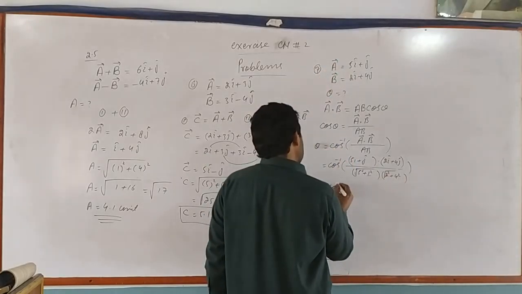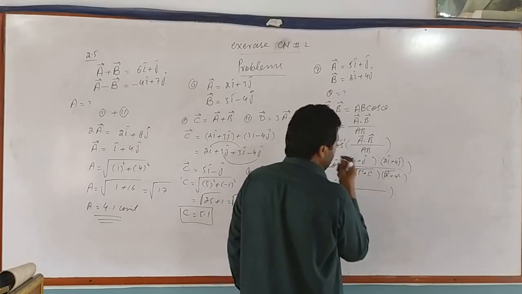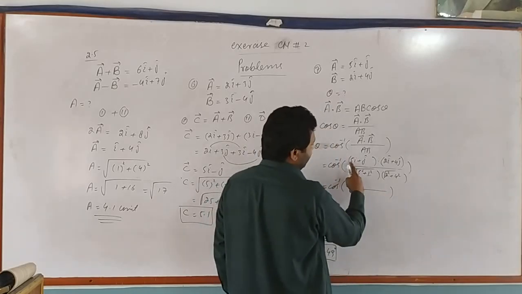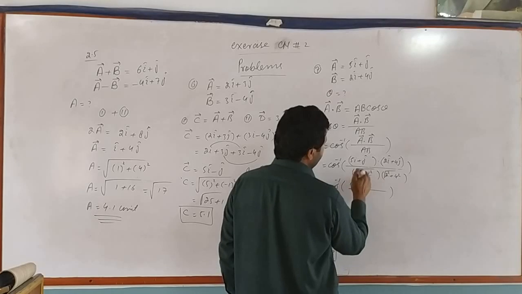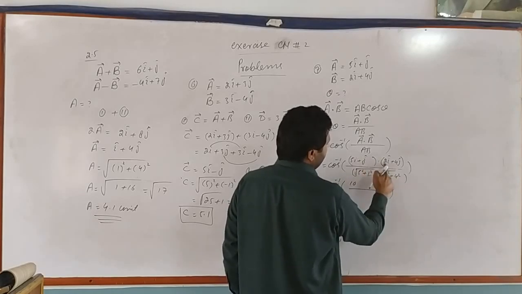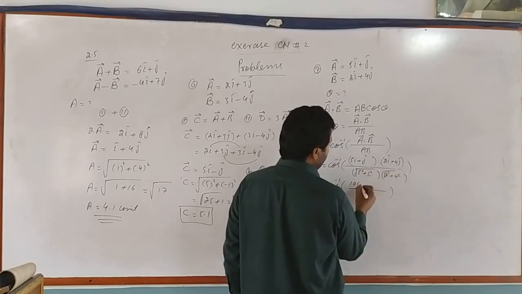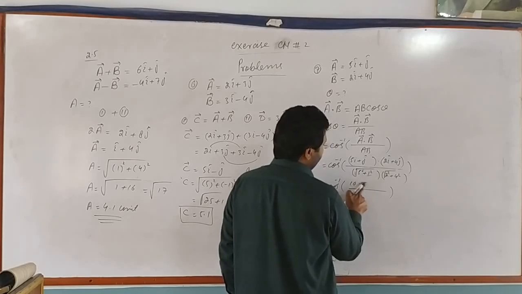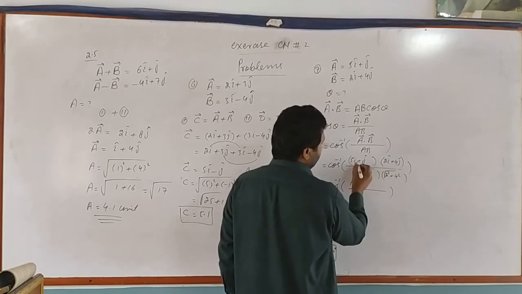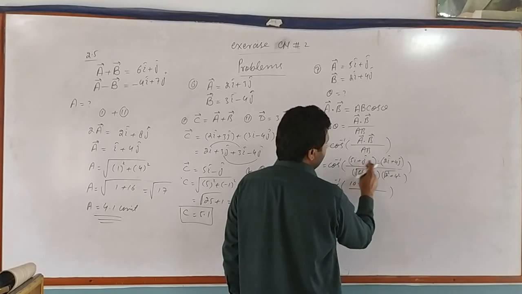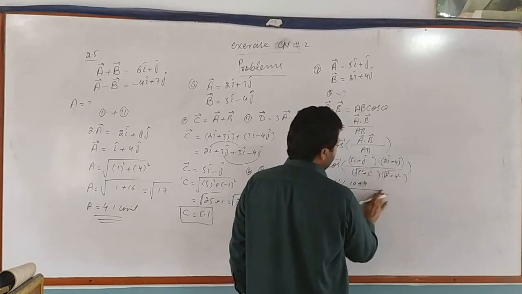Dear students, cos inverse will be, now multiplying the values by the dot product technique, 5 twos are 10, plus 1 times 4, i dot i is equal to 1, j dot j is equal to 1, 1 fours are 4, divided by